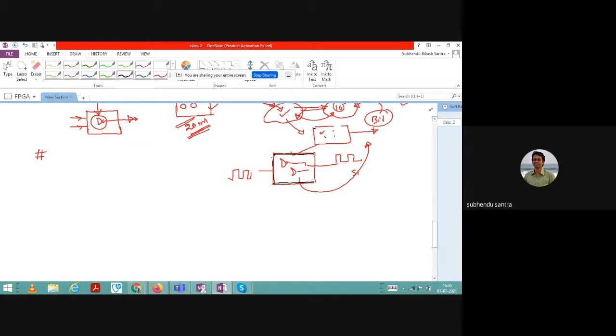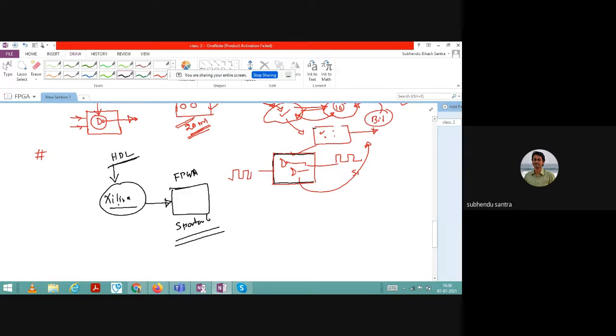One thing, let us say you are fully believing the Xilinx. So Xilinx is a software platform, okay. Then the software platform is connected with the hardware platform. It is a board. Let us say this is your FPGA, and it is a Spartan 6 board, okay. Spartan 6 board.